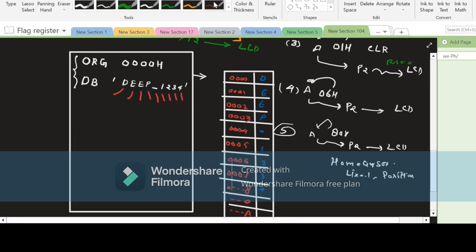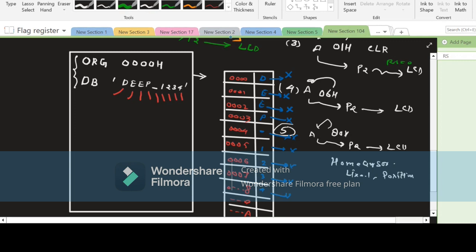No, you are wrong, sir. This will not store D. Wrong. This will not store E. Wrong. Everything you have written is wrong, because you told us in the 8086 concept that whenever you press anything on the keyboard,